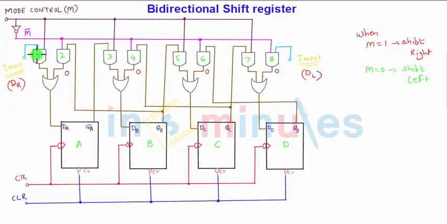So what we see here, from 1 the data will enter the OR gate, whatever the data is there, because this mode control has activated this AND gate. If the other input is 0, it will come to the OR gate, and enter the D flip-flop, DA input. So what will happen, the data will enter the A flip-flop. Now for each consecutive clock pulse simultaneously, the A will move to 3, again gate 3 is active, since M is equal to 1, it will move to DB. From QB, the 5th AND gate is active, it will move to C, and from QC it will move to D. Hence the data is shifting right for each clock pulse.